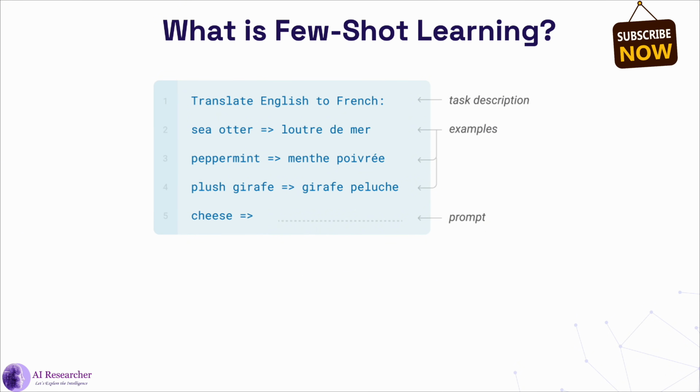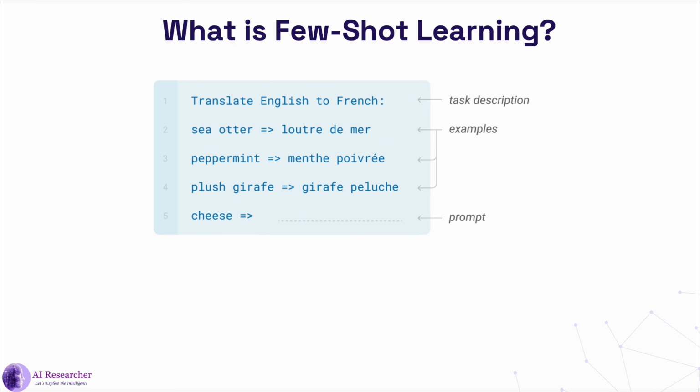So the key characteristic of this method is that the model is provided with multiple examples before performing the task, and these examples help the model to better understand how to complete the task. The model also generalizes from the examples that we provided and uses that knowledge to generate the correct translation for the cheese word. This method is similar to